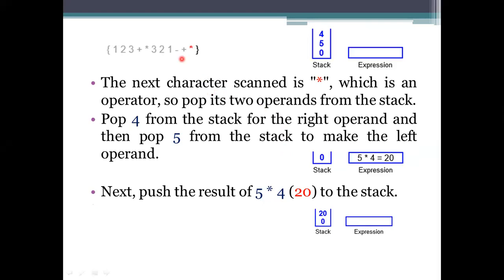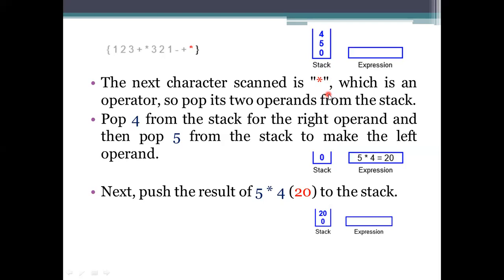So the last one we are using is a star, which means the product has to be done. This is the stack we got. We need to perform the product on 4 and 5. So we pop the elements from the stack and perform the expression there.